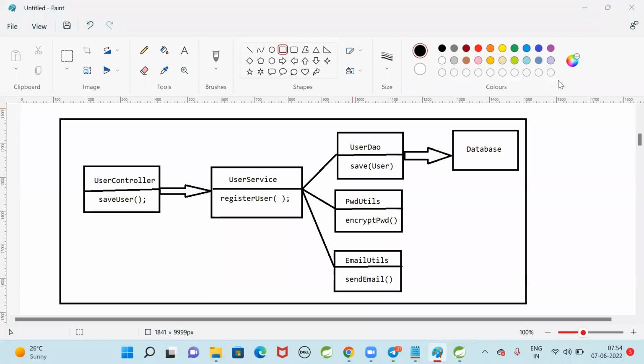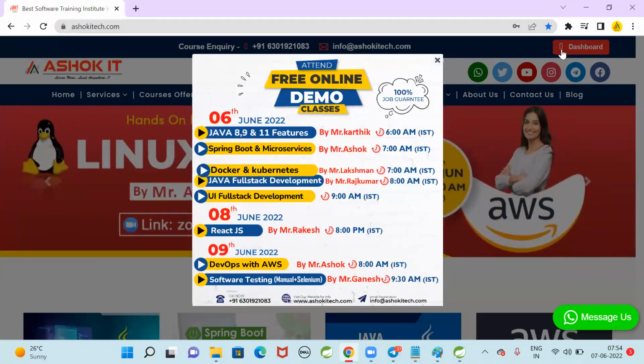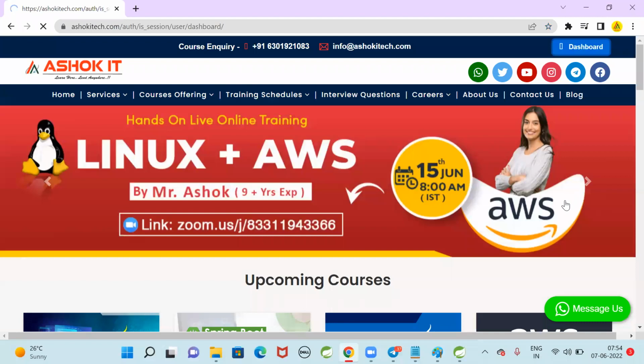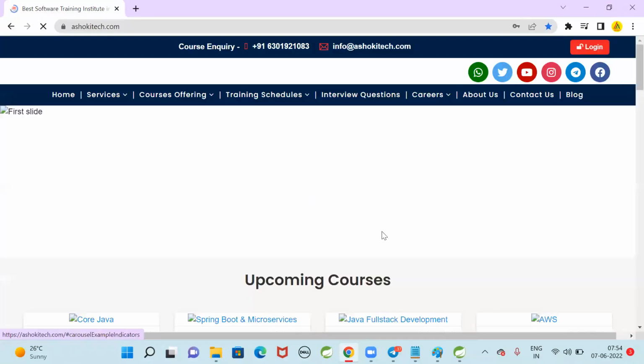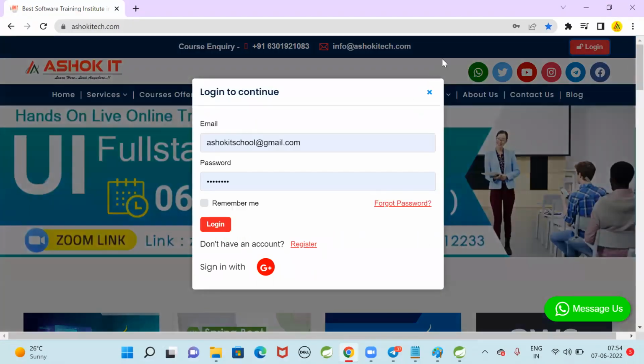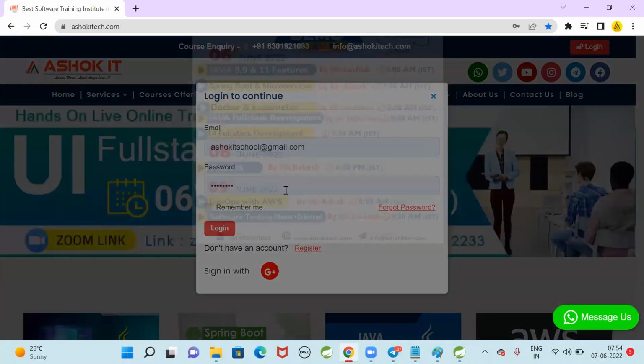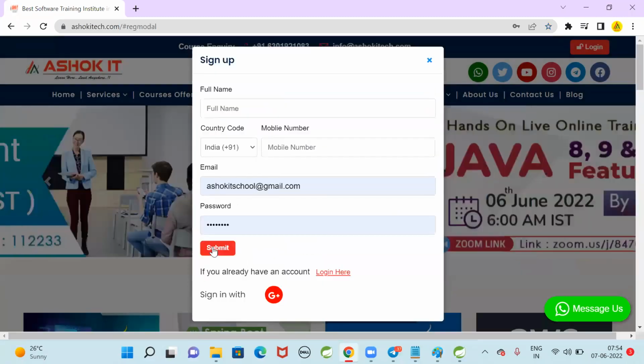It is a very common requirement in projects. We are going to develop our applications using layered architecture. Let's take a best example, our AshokIT website only. You want to create an account in AshokIT. There is a register option. When you click on the register option after entering the form data, it